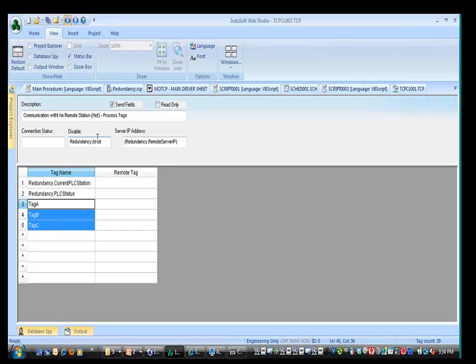So whatever station is the standby enables this worksheet and communicates with the remote station, with the hot station, to bring tag values. And if you check this checkbox, send fields, the hot station updates the standby station not only with tag values, but